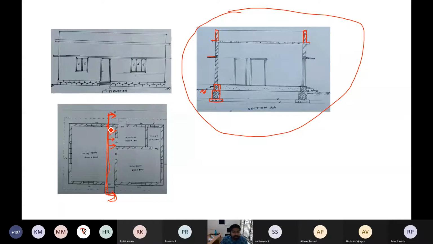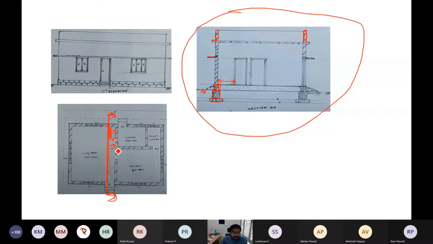Then you come here. If you go from here to here, you are not seeing anything. After here, you can see one door is visible. Whatever the dimension from here to here, the same dimension you have to measure. Both dimensions should be the same. I hope you understand. From there, you can draw your door. The door specification may be given. Accordingly, you can draw the door. Door height may be 2.1 meter by 90 centimeter, like that. Accordingly, you can make the door.